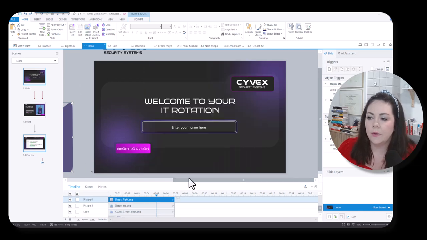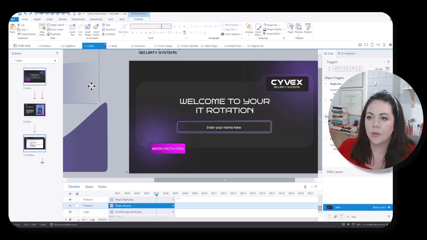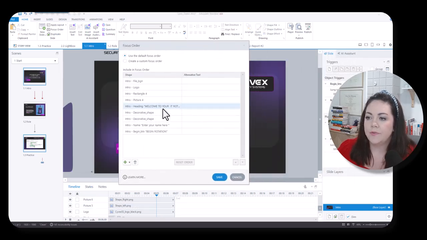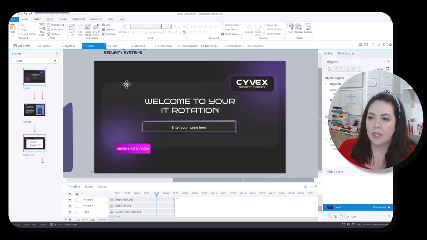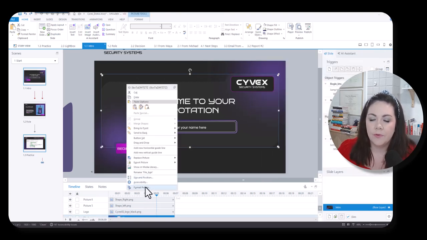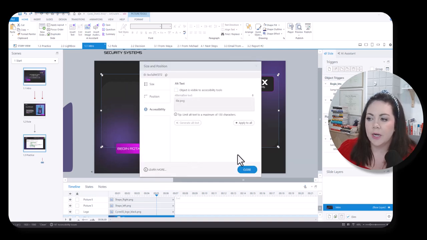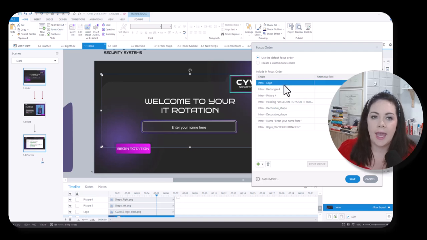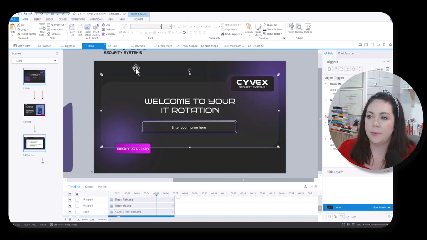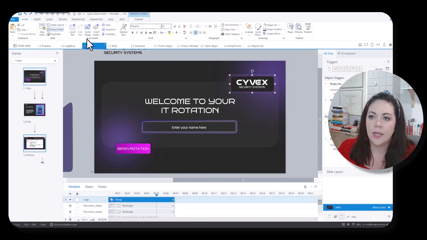So let's see what happens in my focus order when I do that. So now there's a few less items here. I still have some items that maybe aren't relevant, so I'd have to make sure I go through and uncheck accessibility on all of these things that aren't meaningful for the content. And this is the part that can get overwhelming if you have lots of different shapes or icons and things like that, if you wait till the last minute to adjust your focus order. So just something to look at each time you finish building a slide,